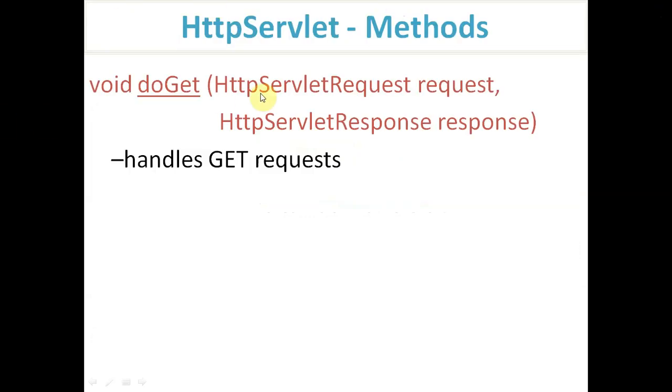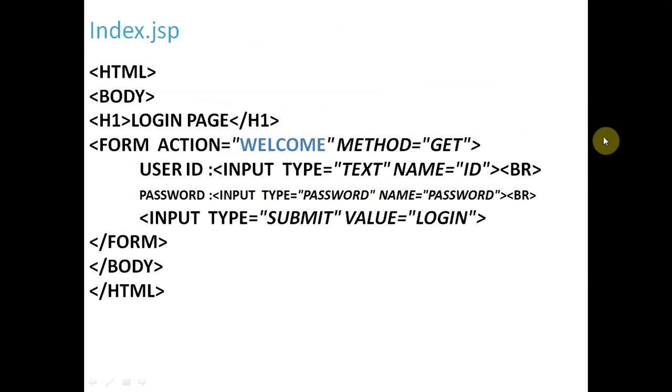So these are some features of the Java servlet. And you can see doGet. In doGet we have two arguments, request and response. The first is the object of HttpServletRequest, and the second one is the object of HttpServletResponse. We will also have the doPut function and the doPost function, with the same arguments. So we will write the same arguments in case of the doPut function. And this is the first file, index.jsp, already discussed with you.